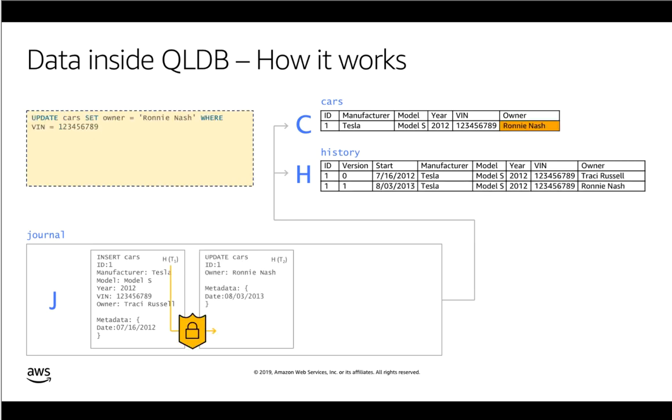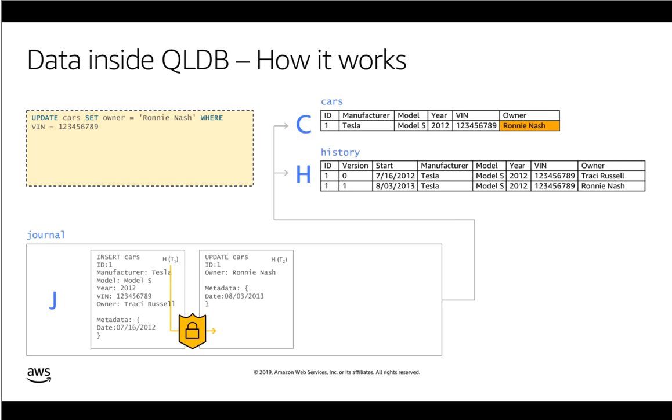Now let's see what happens when we modify an attribute in the previous record that was inserted. In this case, we update the cars document wherein we change the owner to a new value, Ronnie Hash, for a particular car with the VIN 12345, as you can see on the query over there. In this case, the transaction is committed to the journal, essentially appended to the end of the journal, and from